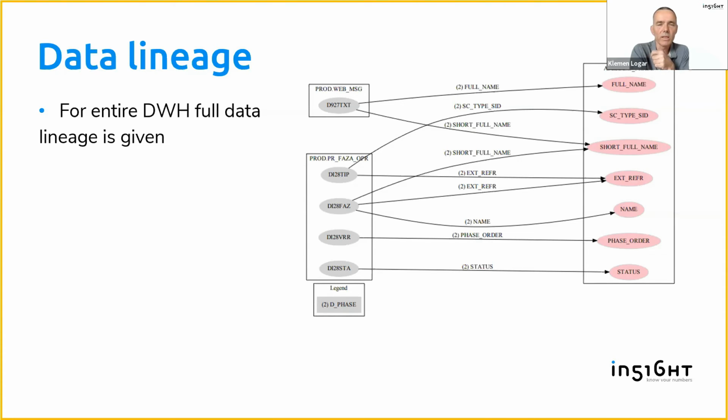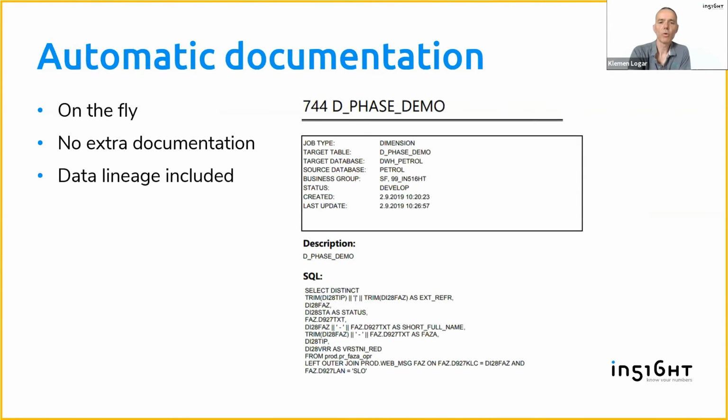So we checked, okay, first we have to load this dimension and another dimension, and here we had some lookup, and the lookup had to be before, and then the fact table. So we created these dependencies manually, but now there's no need. Okay, and of course, as I mentioned before, this automatic documentation is also created for you, and it's not